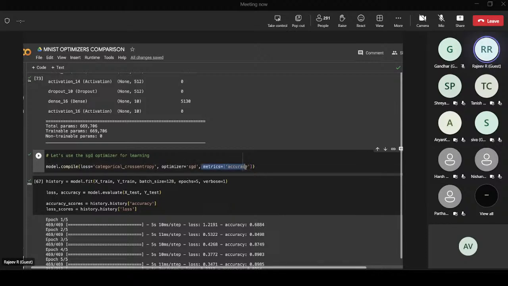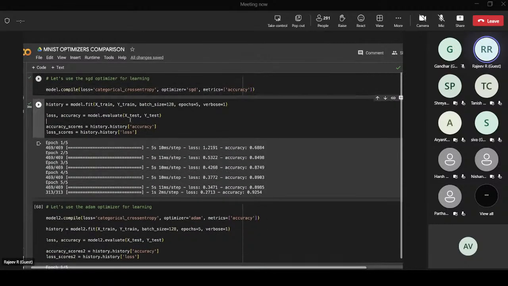And I try to compute the accuracy. What accuracy did I compute? You guys can see here, I have just computed the accuracy after every epoch. In epoch 1 you have an accuracy of 68. Then for a total of 5 epochs, I have 68, 84, 87, 89, and 92. And in the test dataset, it had an accuracy